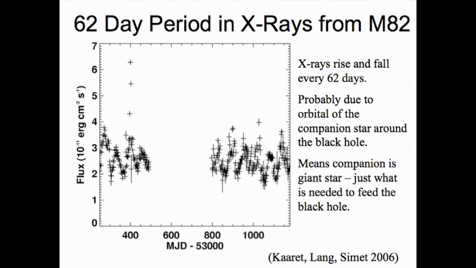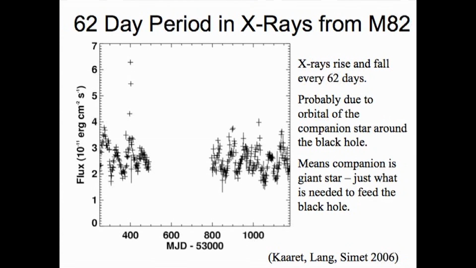It is a plot of the total intensity of X-rays coming out of M82, and you can see that it goes up and down, up and down, and it keeps doing that. We didn't observe here because it took us about that long to figure out that this was going on, and we asked for more observations. But every 62 days, the intensity of the black hole goes up and down. This is too big to be caused by the disk of the black hole, but it's probably caused by